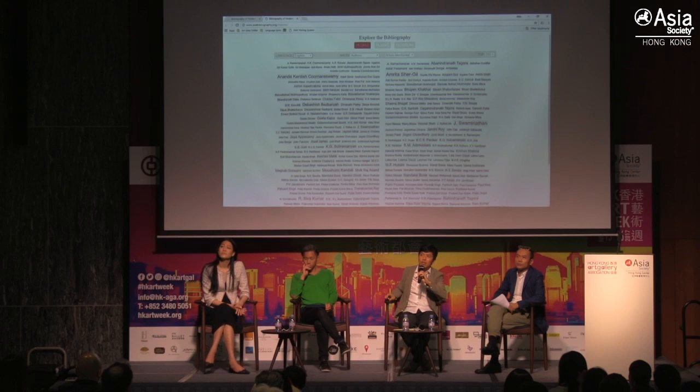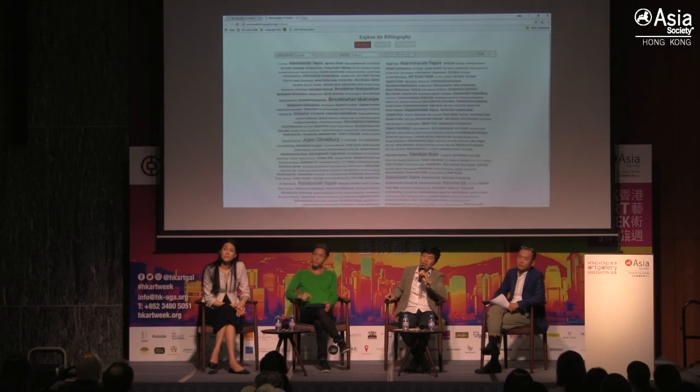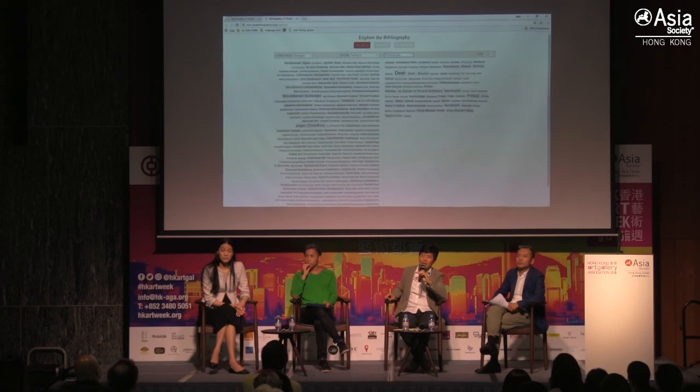And this means, for instance, looking at the prominence or lack thereof of specific individuals. So you see here the visualization on the left side are specific writers with artists. So who was very present. And this is in English, whereas this is in Bengali. So you can see there's a big difference. And then also which magazines and periodicals are associated with these writers.